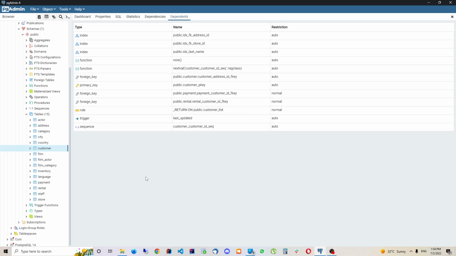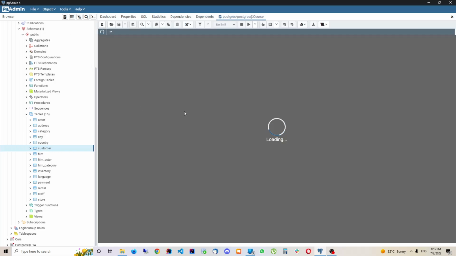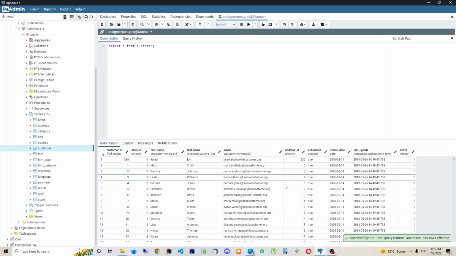I want to explore another thing that we can do with where, and let me show you this way. So I'm going to right click, query tool, and I will go into this editor, and let me select all customers, select star from customer, then I will click the display button, and we have all customers. Now from what we learned so far, I can filter by one condition or many